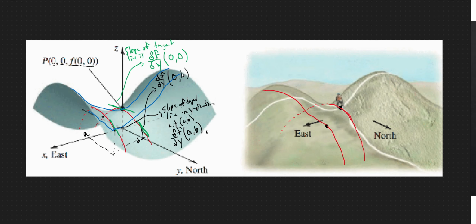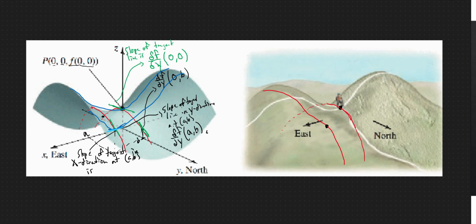We take a slice like that, and we get a curve that's now parallel to the x-axis, and we can find a tangent line to that at any point. So the slope of the tangent in the x direction, because we're parallel to the x-axis, at (a, b)